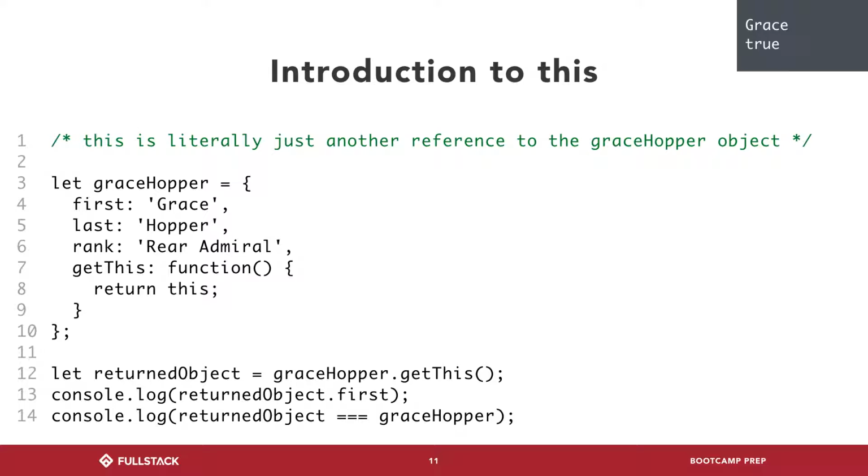we have this idea of an object, sure. We have an idea of this, right? You understand that this is tied to the object that the function is tied to. Cool. But more importantly, a few really important key highlights here. The first one, Grace Hopper getThis. That's just a what? It's a function. Nothing's invoked. It's just a function. It could do anything. I don't know yet. When I invoke it,